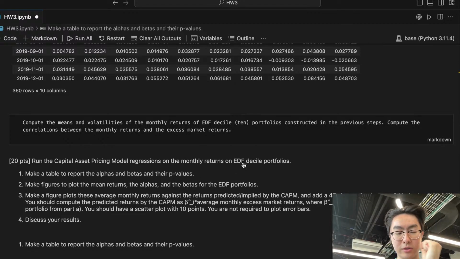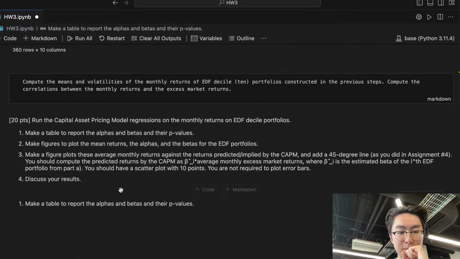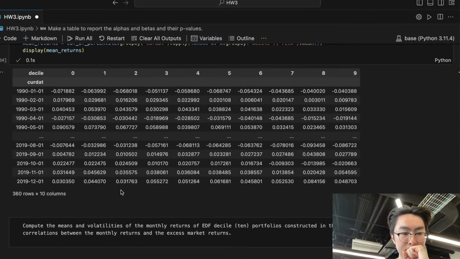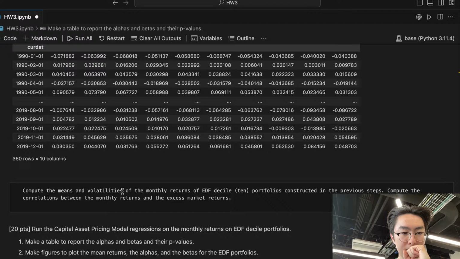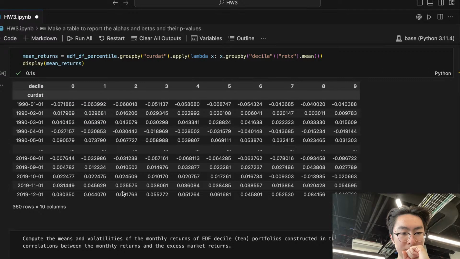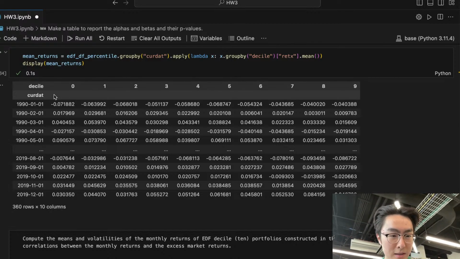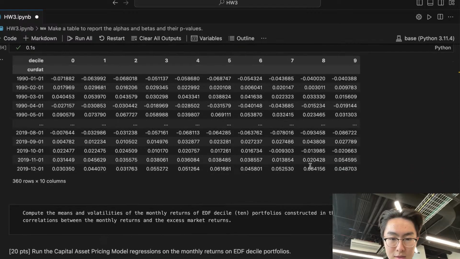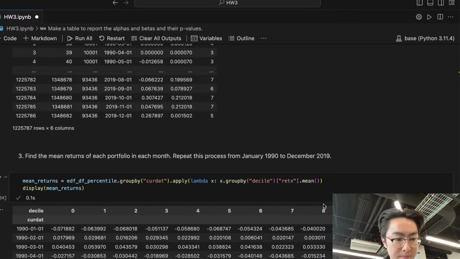This is our target return that we're trying to explain using the capital asset pricing model. So each of these deciles then are kind of like, what do you call them? These are time series returns for different portfolios, and I believe the highest decile